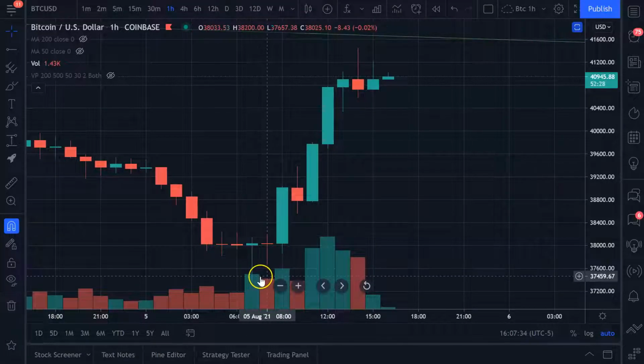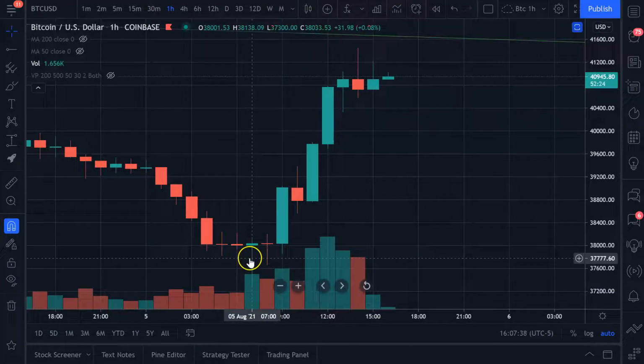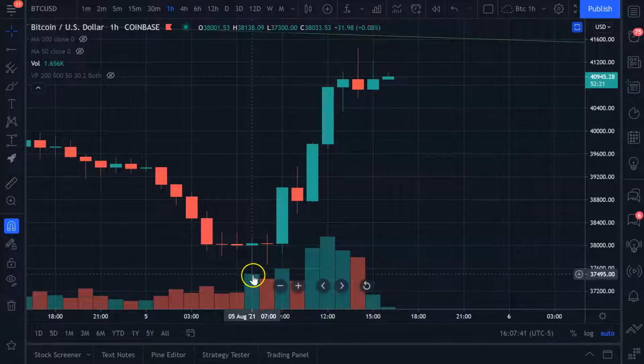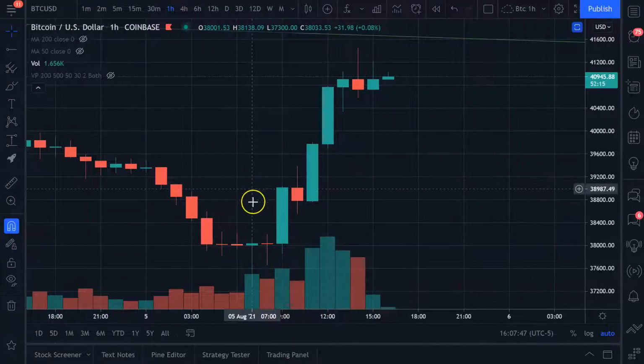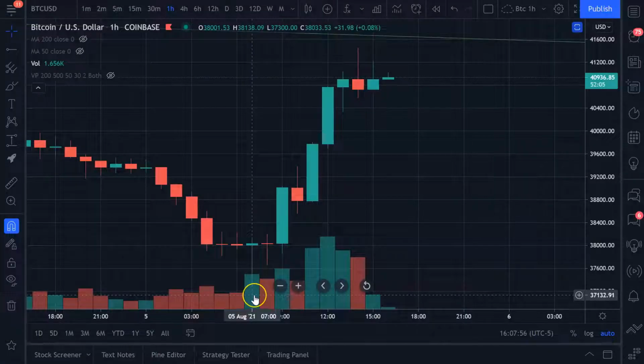You have like fairly small sell volume, and then all of a sudden this larger green candle here. That's two reasons for a long, guys. That's two different reasons. You have this range forming, you have basically a dip outside of the range, and then immediately push back inside the range. That's showing strength on one side. If it was a wick pushing down, then it would be strength on the bearish side. If it's a tail pushing up, it's bull strength, right? And then we have an uptick in volume. Now, this is an uptick in volume at the bottom of a move, and it's buying volume. Those are two reasons for a long.